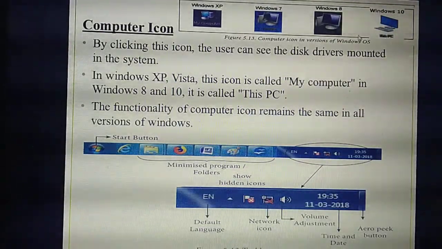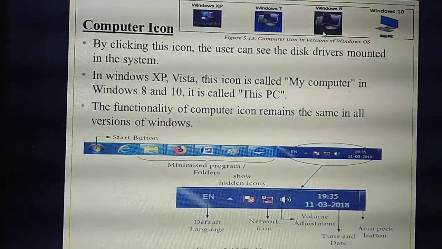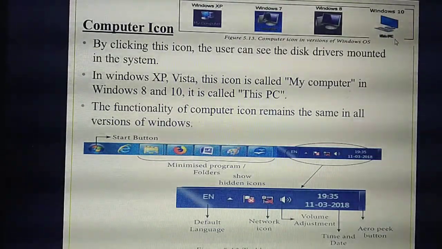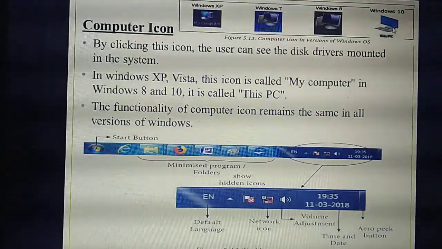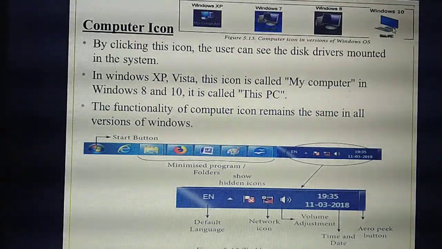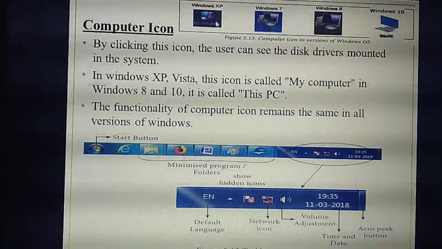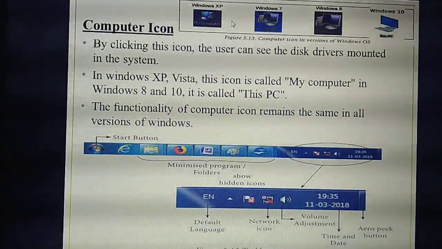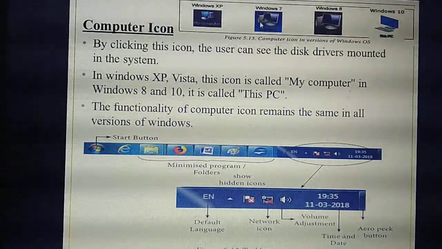You should know. Windows 10 also has this PC, but the symbol is somewhat different. The versions will be different, but the computer icon will be there.